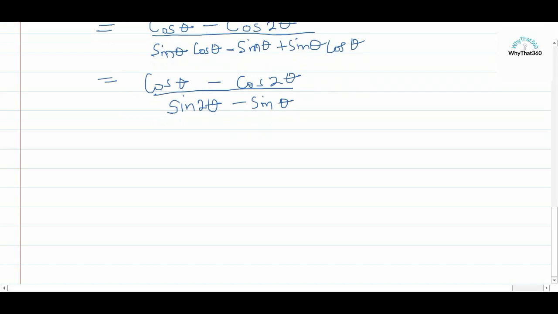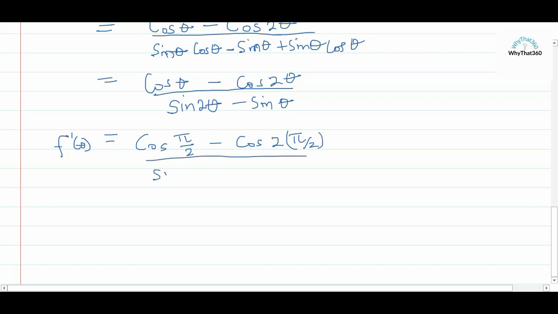So we would say the slope, which is f prime of theta, will be equal to cos pi over 2 minus cos 2 pi over 2, all this divided by